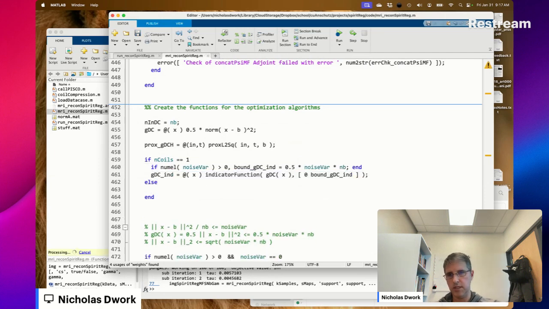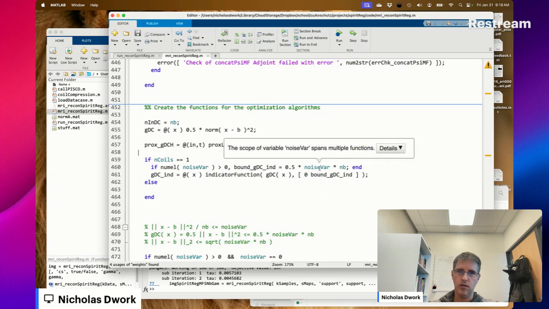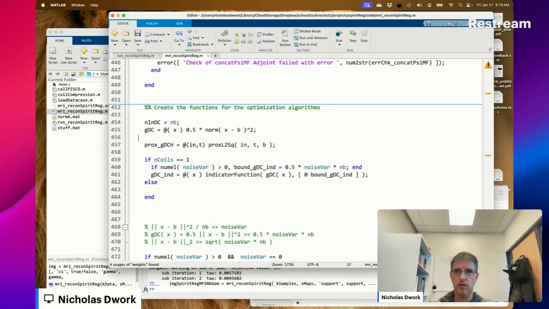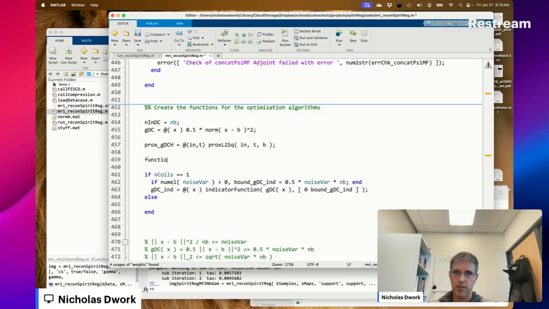This is one of those cases where I wish I could define a function based on an if statement. Function GDC ind in out is equal to end.